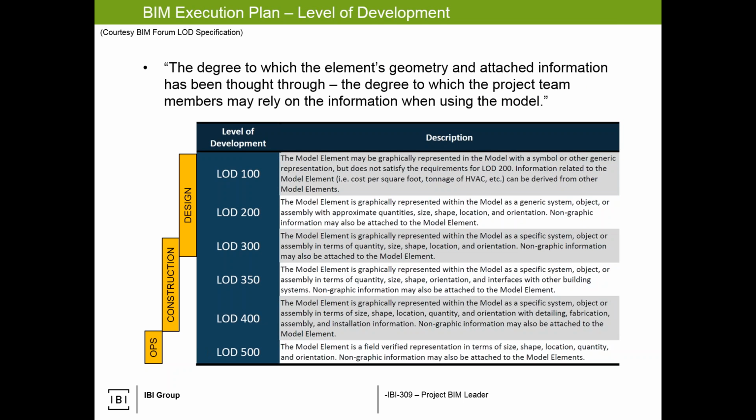In the design firm, we want to get up to 300. And I say 300 is just enough for us to make drawings out of. It's enough for us to have elements that are geospatially located correctly relative to each other, and you kind of know what the item is. The example of a steel column and a steel beam: 300 is you have a beam going into a column. 350 is I have a designed connection detail from a shop drawing stamped so that it's fit for purpose. So that's that delineation between what we designed versus how it's to be fabricated versus then in the 400 world how it is to be installed.